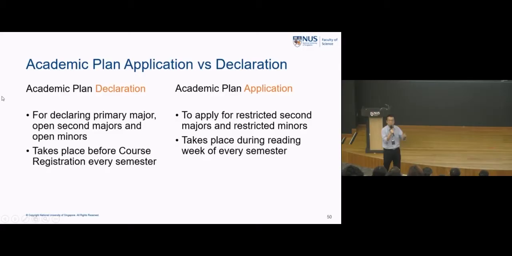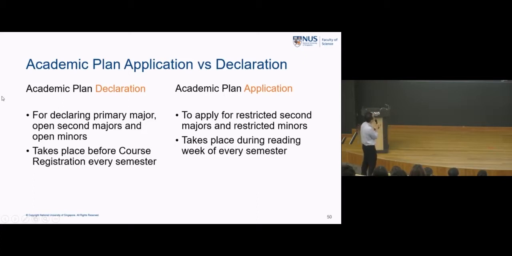There are certain second majors and minors that are not open for everyone to declare. Certain very aptitude-based second majors or minors, for example, where the programs or the departments offering those would like to see whether you have that aptitude, or whether you have done courses prior to that and have done well in them, before they accept you into what we call restricted, or sometimes closed, second majors or minors. So in this process, once you declare, you're in. There's no approval process required. Once you're allowed to declare, you declare, you're in. You're good to go.